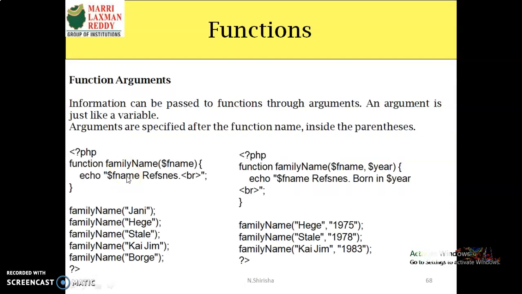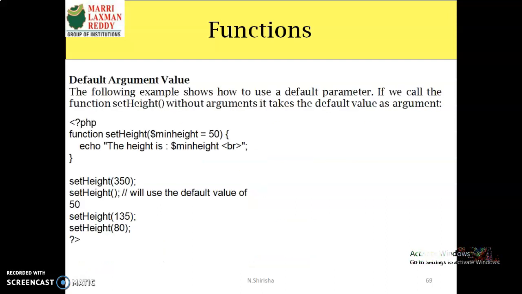Right, so information can be passed to functions through arguments. So this is an argument, and $n is the parameter. 10 is the argument you're passing as a value to $n when calling the function. Clear? Similarly, default arguments: you can assign the value to the variable here itself as a parameter for your